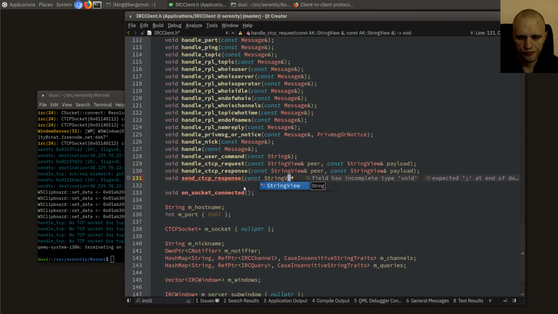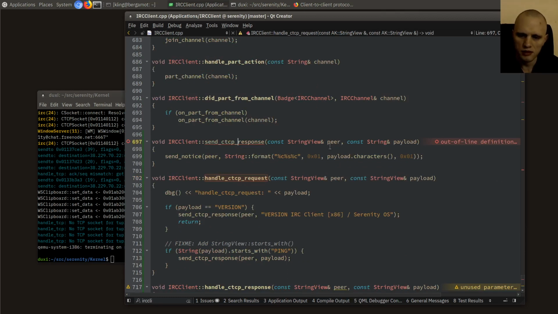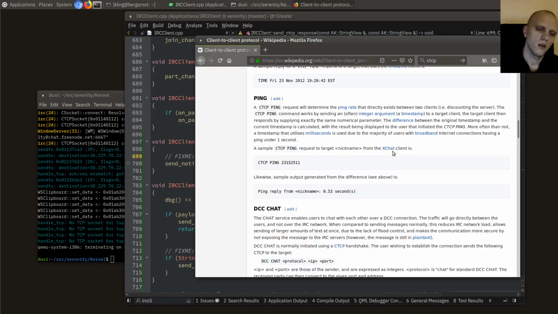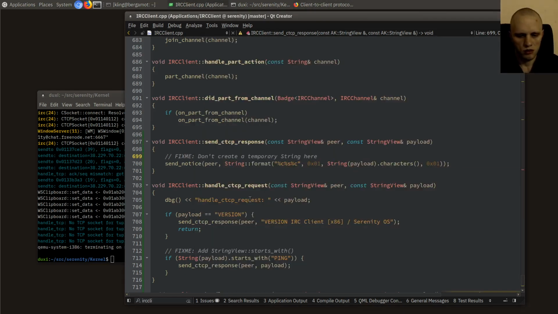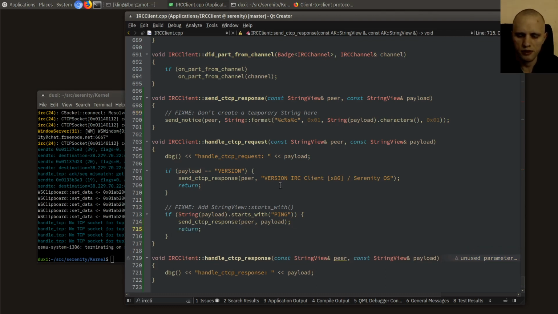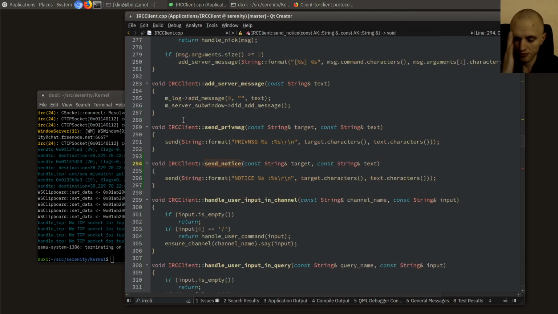Send. I mean, this is so gross. We should still take that. Let's do the API correctly, and then uglify here. Fix me, don't create a temporary string. Okay. So we'll return after this. And